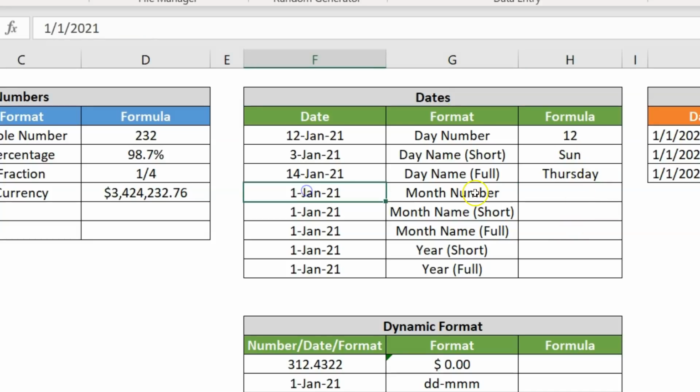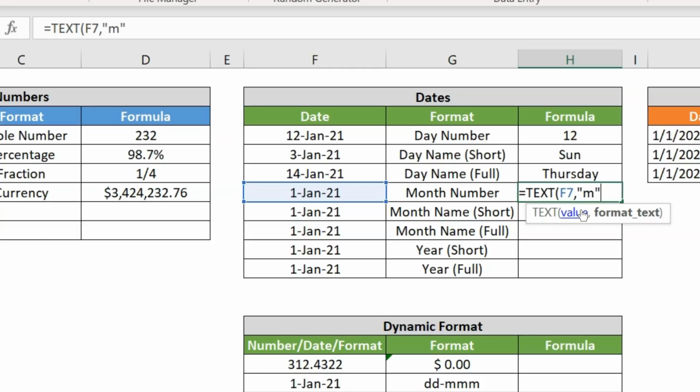Okay, so now I'll tell you the next, which is the month number. If you want to fetch the month number from a date, you can use the text function. It can be achieved using the month formula also, but here I will explain how you can do that using the text function. So I'll use text, then this value, comma, and for the format I will take M, small or capital, whatever you want, and just press enter. So it is returning 1.